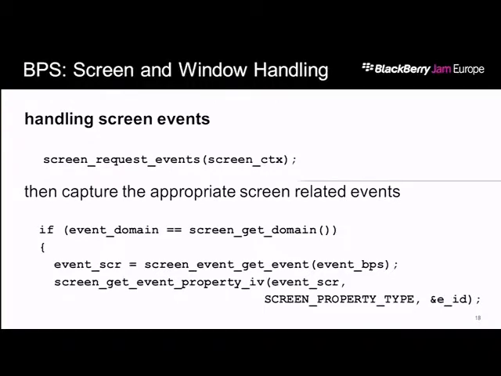So when it comes to working with the user, as I mentioned before, we create a screen and create a window of certain dimensions. If you want to process those events, you have to request screen events. With screen events, the event structure gets converted to another event structure, and then you can start requesting information. So this is an example of how you would do this.